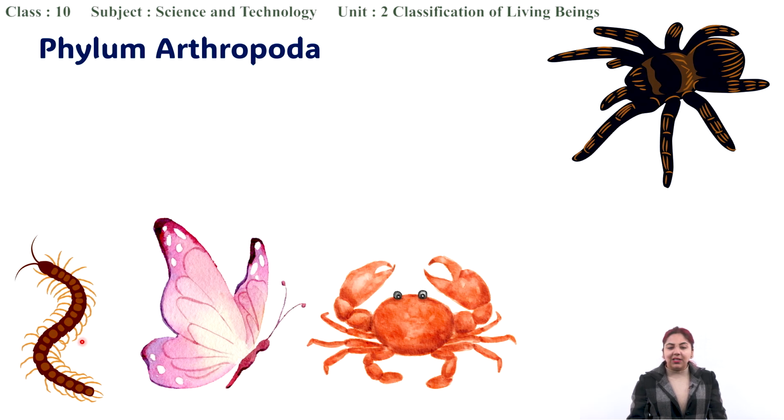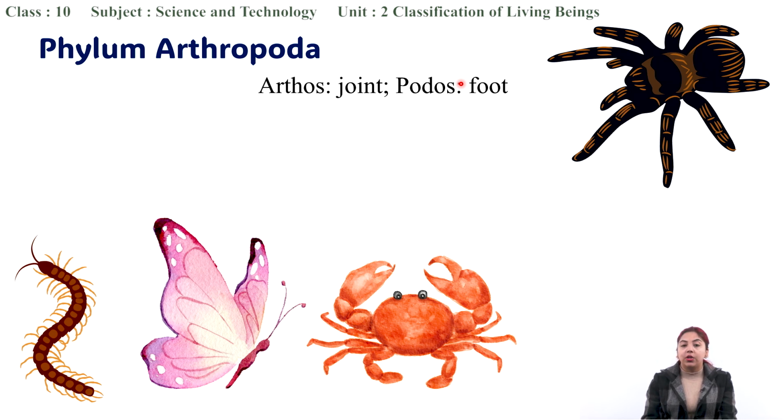Now looking at all these organisms, can you guess one characteristic of them? Okay, what you can see is that they have these legs and they have joints in their legs. So that is the main characteristic of the phylum Arthropoda that gave the name Arthropoda to these organisms. So the word Arthropoda comes from two words. Arthros means joint and podos means foot. So if they have jointed feet, that is, the foot has joints, then those types of organisms belong